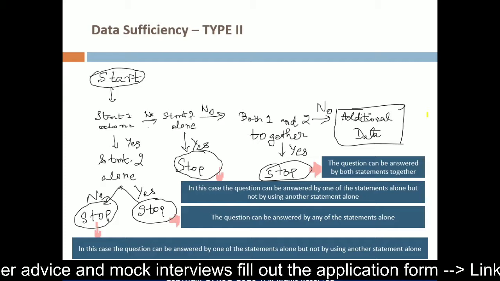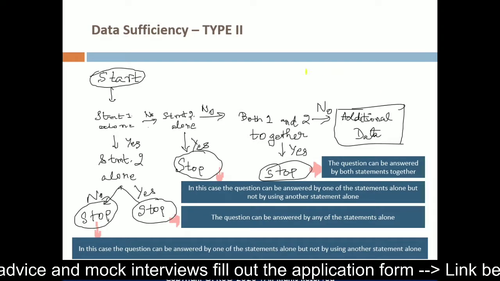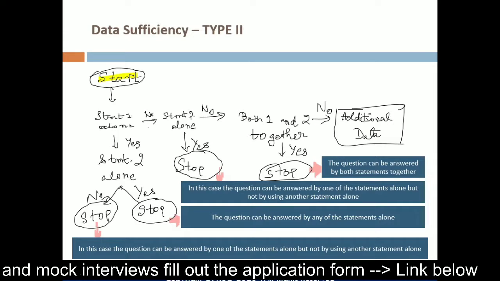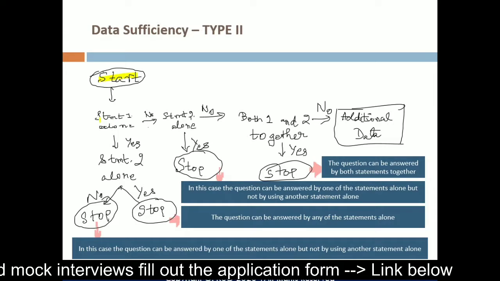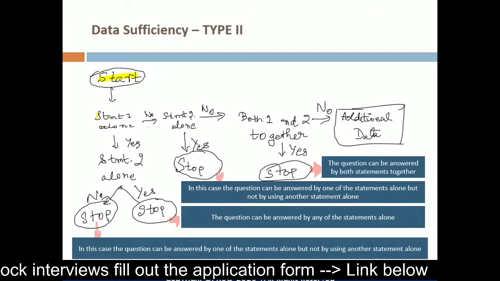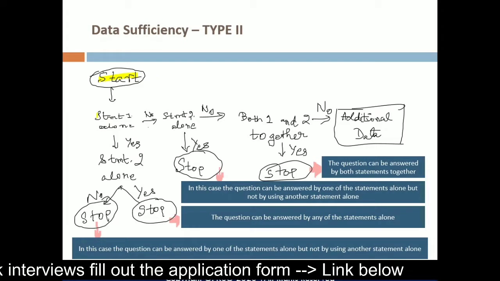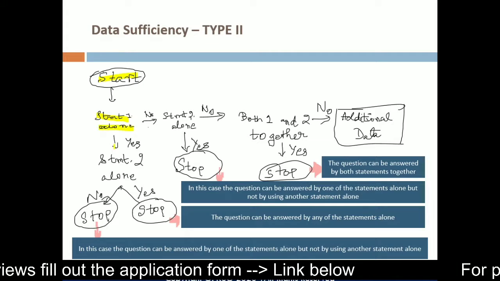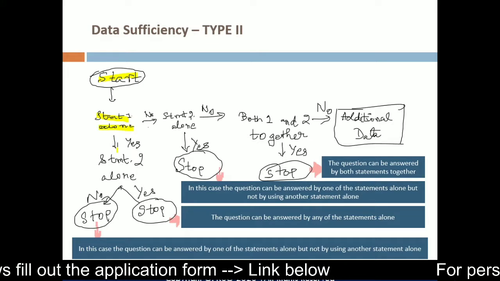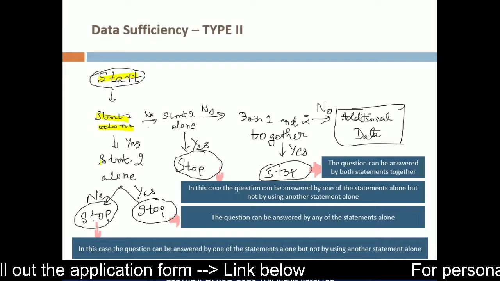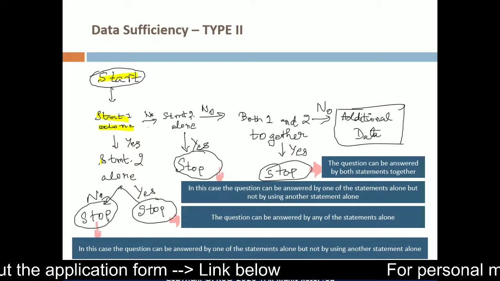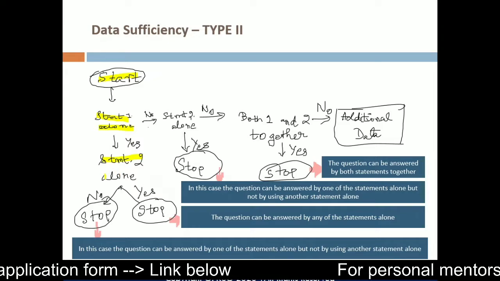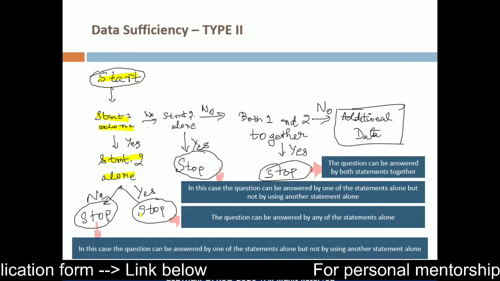The second type of data sufficiency question that you might be asked is of this form. You start off with a basic business question or a case study, a problem at hand, and then you try to understand if all the statements provided to you are sufficient or not. You would land up in a case where you are just looking at the first statement, and if you are able to solve the given problem with this particular statement, then you try to understand if there's also another data point or statement with which you could have solved the same problem. If you were able to solve the same problem using the other statement, then you stop here.